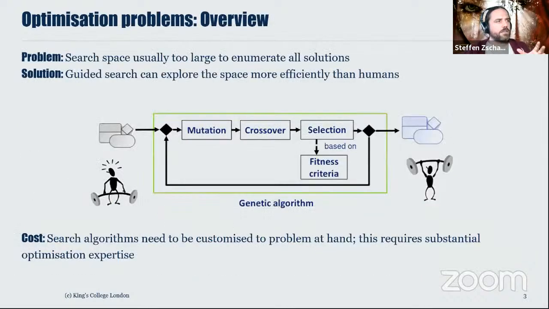The general structure of these, and what I'm going to do, there's a lot of optimization techniques out there, but a lot of the time in this talk, I'm actually going to focus on search-based approaches to optimization. The general structure of these approaches is that we start with a solution, and then we iterate over that solution and make small changes to it, and at every step evaluate the quality of the solutions that we now have, and decide which ones to keep, which ones to explore further, and in which direction